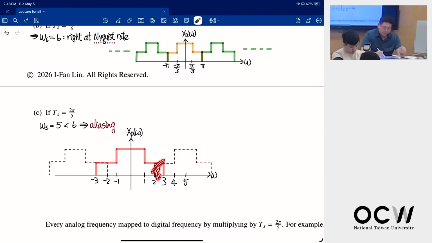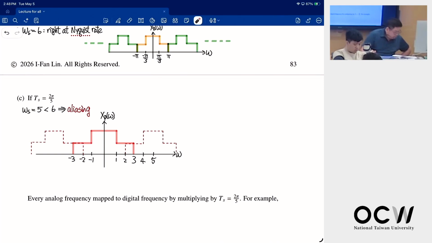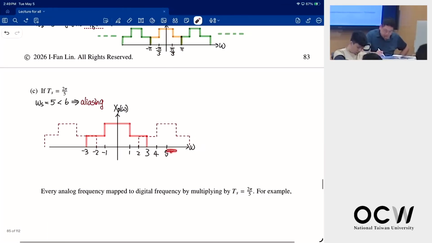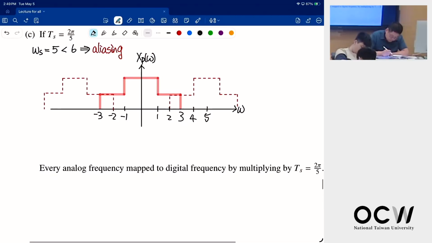So here we have overlap. And then how do we plot the DTFT? So every analog frequency is mapped to the digital frequency by multiplying Ts, as what we did. So here we need to times Ts. So when omega equals 2.5,